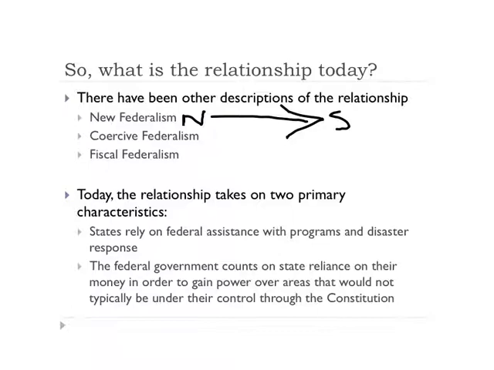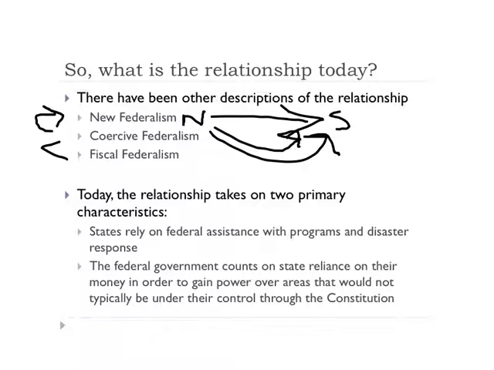Another way of looking at this through this period is something called coercive federalism. The national government, keep in mind, when the national government gives money, and let's put these two together, fiscal and coercive, these sort of follow along with the new federalism. As you shift programs from national to state, and you shift money, the issue is, though, that there's no such thing as a free lunch.